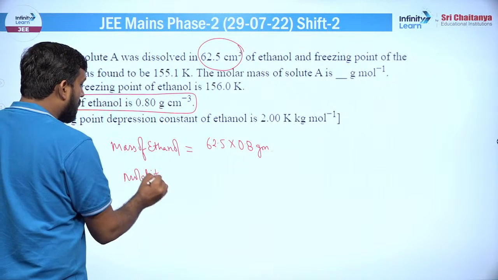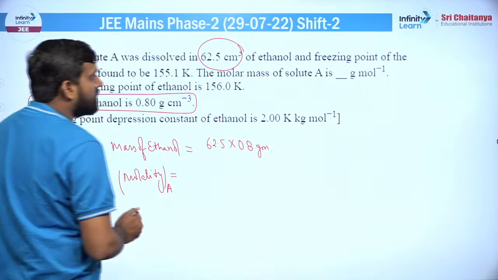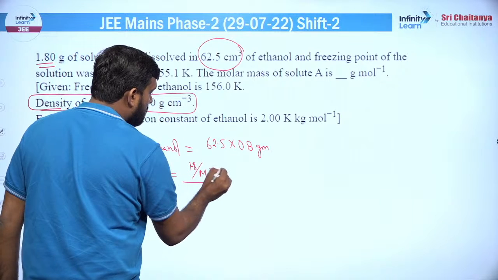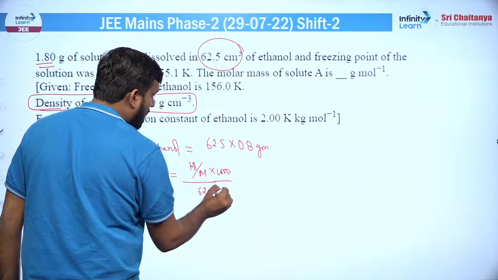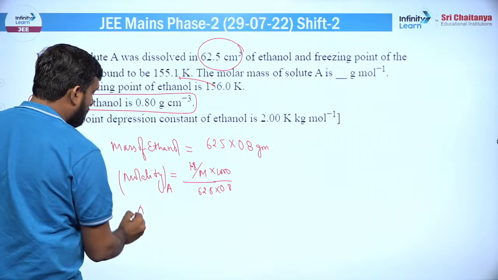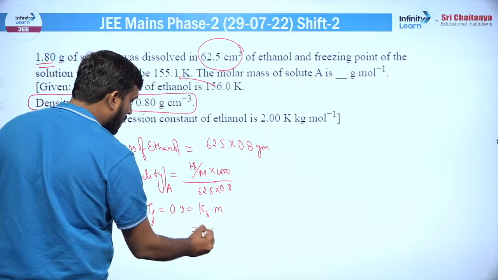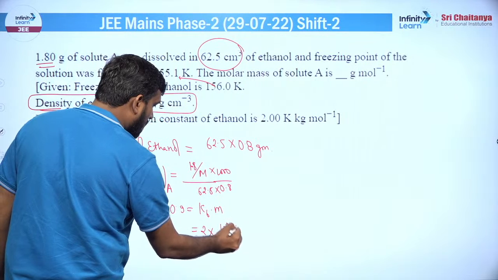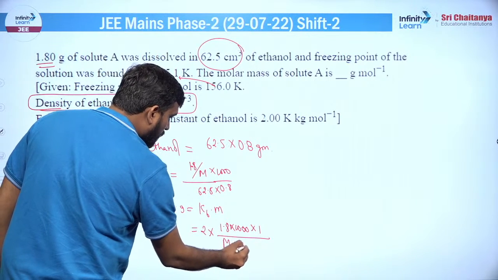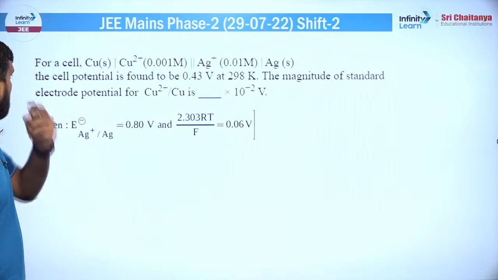अब मास पता चल गया तो मोलालिटी निकाल सकते हो। मोलालिटी ऑफ सोल्यूट A कितना हो जाएगा, अगर देखोगे तो 1.80 ग्राम डिसॉल्व किया गया है। अच्छा, इसका मोलर मास ही तो निकालना है क्वेश्चन में। 1.8 अपॉन यहां पर m कर देते हैं, अपॉन में ये रख देंगे। तो इसको हम 1000 से मल्टीप्लाई भी कर लेते हैं, ग्राम को किलोग्राम में चेंज करने के लिए। तो ये चीज होगी मोलालिटी हमारी। डेल्टा Tf आपको पता है, यहां से यहां देख सकते हो, वो आ रहा है बेसिकली 0.9। तो 0.9 विल बी इक्वल्स टू Kf.m हो जाएगा। तो ये हो जाएगा 2 इंटू, बेसिकली इसको पूरा रीअरेंज कर लीजिए, तो ये आ जाएगा 1.8 इंटू 1000 अपॉन m इंटू 62.5 इंटू 0.8। यहां से सिर्फ एक अननोन है आपके पास, m, तो अब वो निकल जाएगा। ये आपका क्वेश्चन था।